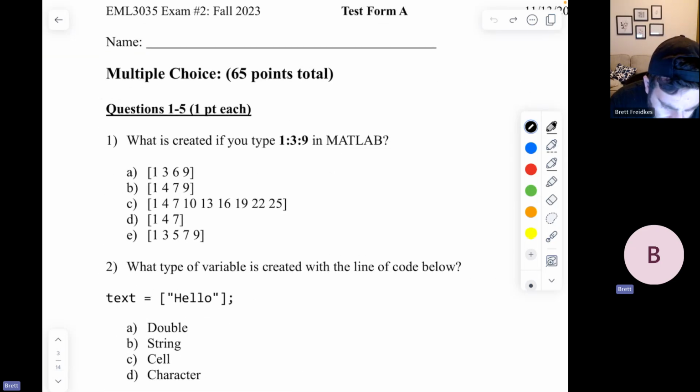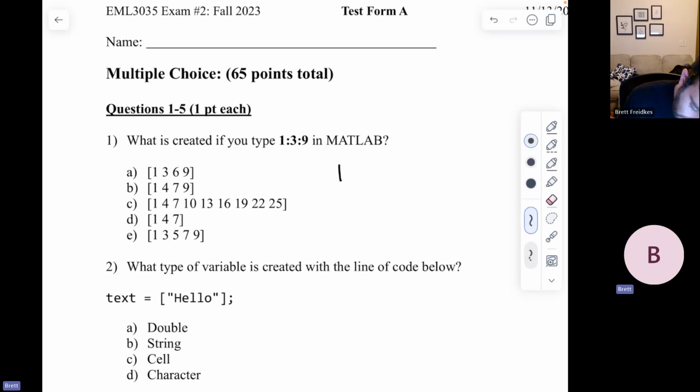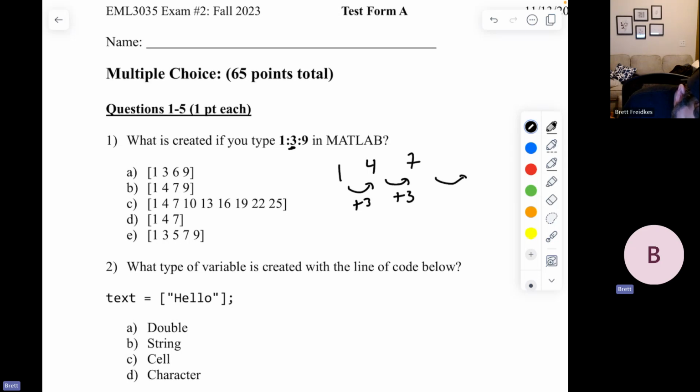So for number 1, it says, what is created if you type 1:3:9 in MATLAB? Well, we know what our colon operator does. It's going to start with the number 1. That's what the first number means. And then we're going to increment by this much. So we'll add 3. That'll give us 4. We'll add 3. That'll give us 7. If we added 3 again,